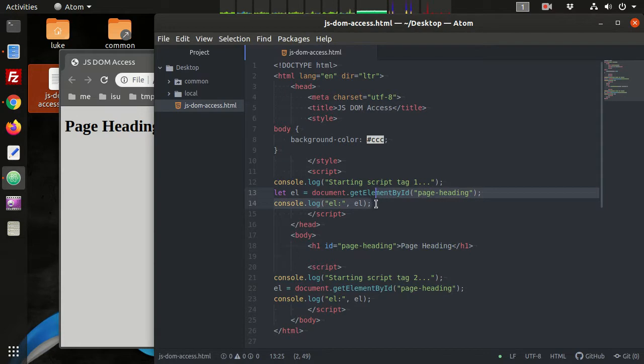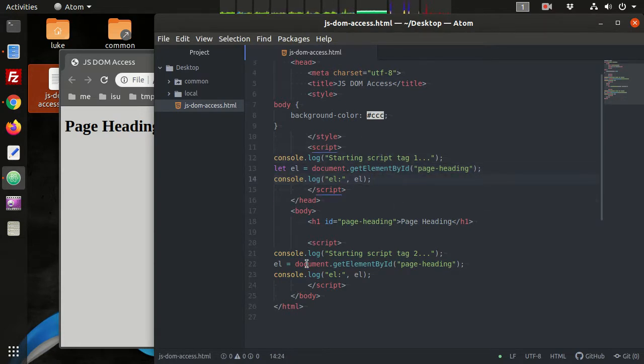That's the main takeaway. So we're not going to do anything else up here with this script tag. We'll just leave that in there. But now that we have this element, we're going to modify it a little bit. So what we can say is